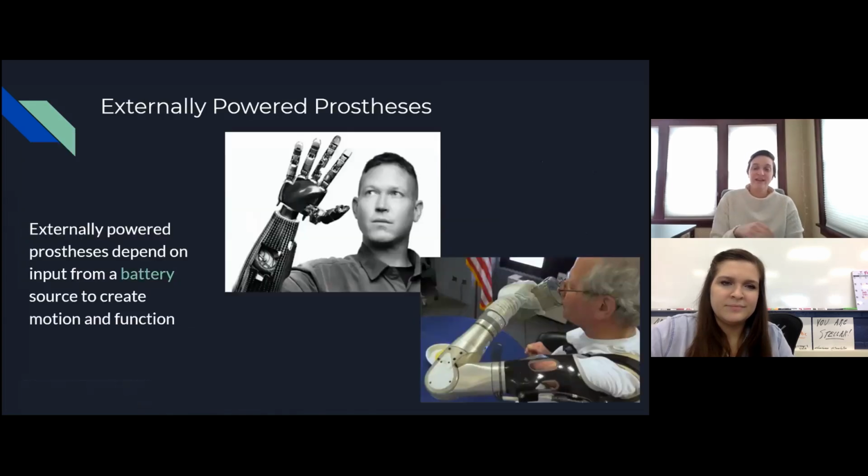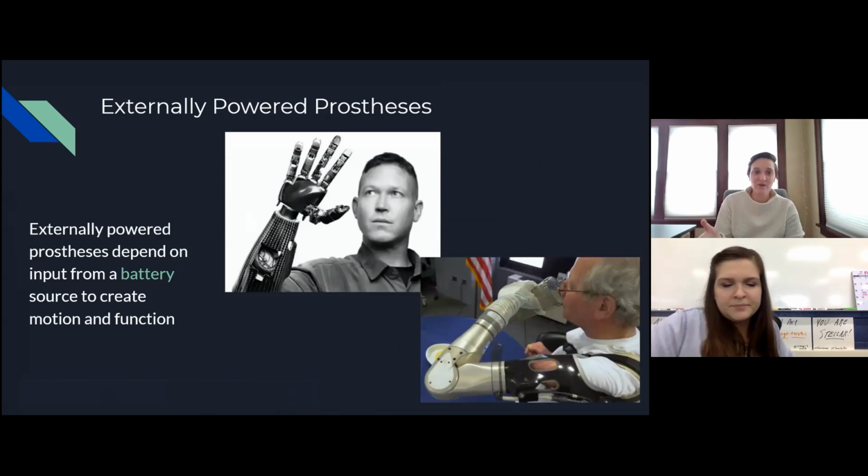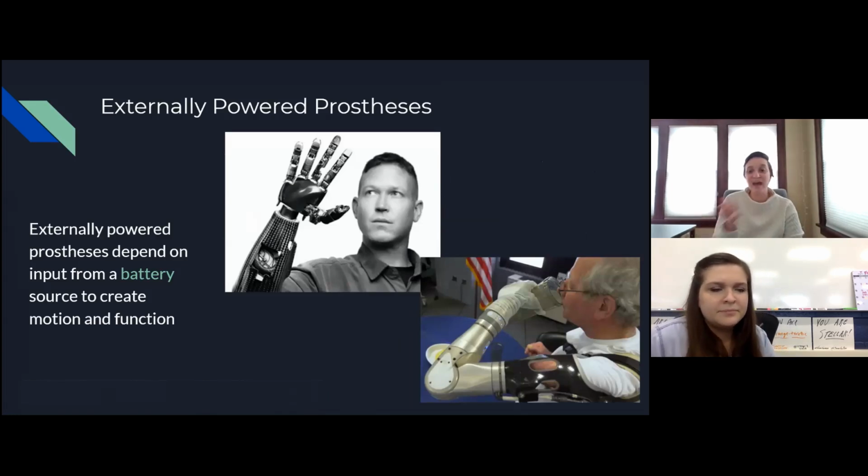And then we can look at another variety of upper limb prostheses, and these are externally powered prostheses. So an externally powered prosthesis depends on input from a battery source or some kind of energy input to power the prosthesis. So this is maybe kind of more what you might see on some news stories, or if you've